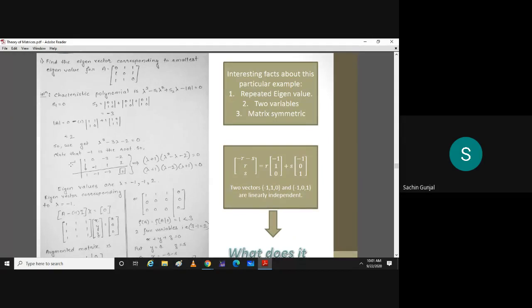So write that minus 1 here, and here you can write the coefficients of this cubic polynomial. So the coefficient of lambda cube is 1, then the coefficient of lambda square is 0, then the coefficient of lambda is minus 3, and then the constant term minus 2. Please note that if some term is absent, you write its coefficient as 0. Don't forget that. Otherwise, your calculations will go wrong. Okay, so 1, 0, minus 3, minus 2.